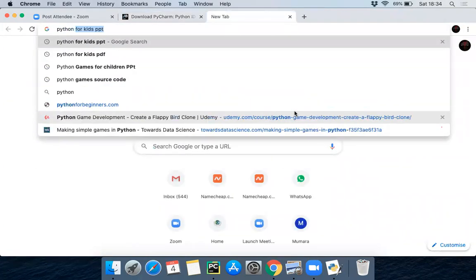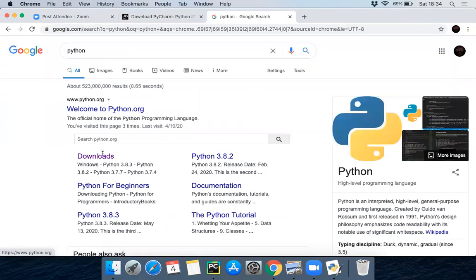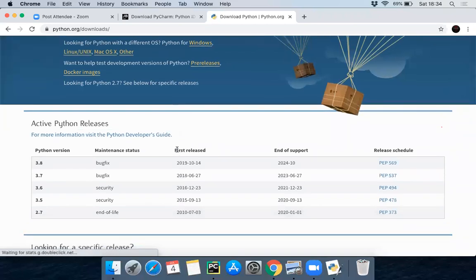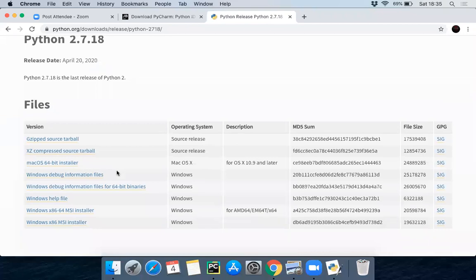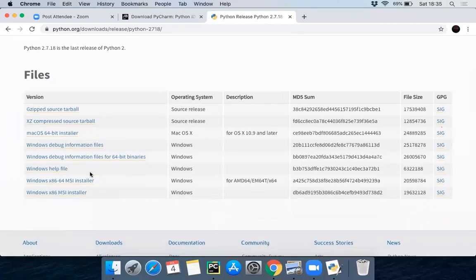Python community and Python. And that Python would be 2.7, 2.7.18. So you'll find that version over here. You just have to go with it. For Windows operating system, you need to download the Windows x86 64 MSI installer. For Macintosh, it's the macOS 64-bit installer. If you have a 32-bit operating system, then